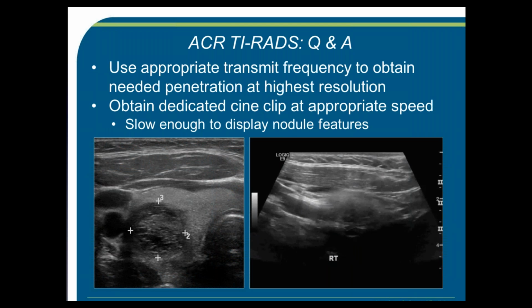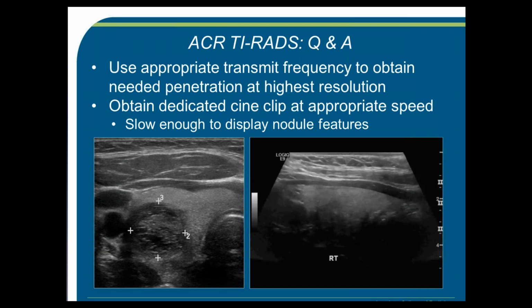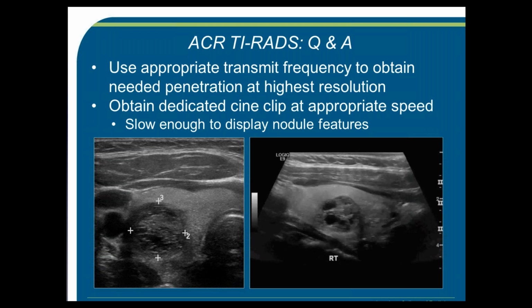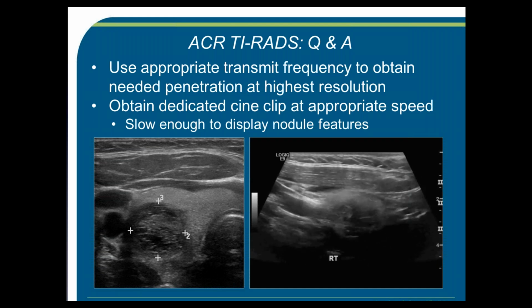Now, the question was, how do you tell the difference? Sometimes the reason that you're having a hard time telling the difference is that you're having a hard time getting a good look at the nodule. For the sonographers in the audience, you all know that there's a trade-off between penetration and resolution. In each nodule that you evaluate, you want to make sure that you use the transducer that will give you the needed penetration as well as the highest possible resolution. That will depend on the depth of the nodule and the thickness and composition of the soft tissues in the neck. And then it's also important to take cine clips on nodules where the composition is difficult to determine